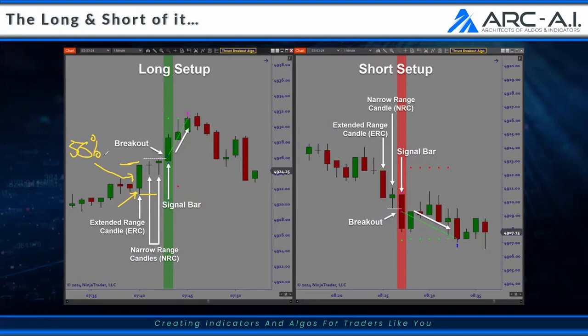But this is telling you that not only is it a larger than average candle, but it's also mostly one directional because it's mostly body. The wicks are pretty small. Okay, so that's the extended range candle, what we would call a rally or a drop. Then we have a couple narrow range candles. And what does that mean? Smaller candles, yeah, but more importantly, they're mostly wick. Okay, in this case, extended range, mostly body. Narrow range, mostly wick.